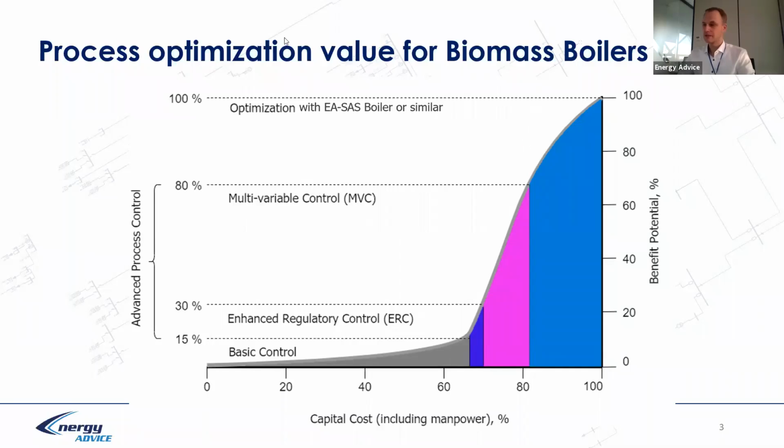Why this happen? Why we need optimization in biomass? Because in fact the fuel calorific value is unknown during the burning process, and because fuel calorific value is unknown during the burning process, we need to evaluate, and after this evaluation, the control system in fact is not capable to evaluate calorific value.